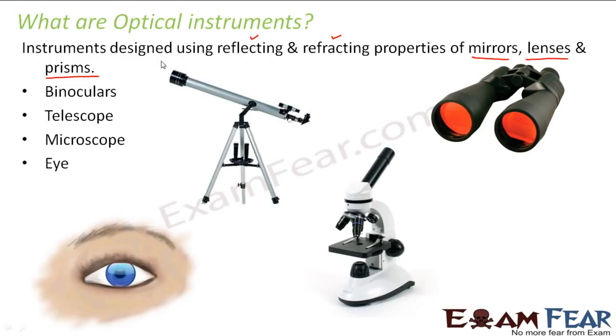Eye, the most beautiful example of an optical instrument. You must be wondering that the eye is something natural. Nobody has made it, no human being has designed the eye, right? But the human eye is a very beautiful gift of God, which is nothing but an optical instrument. I'll tell you how. When we study the structure of the eye and how our eye works, then you will know how and why we consider the eye as an optical instrument. Periscope. So these are some of the instruments which make use of optical properties, right?